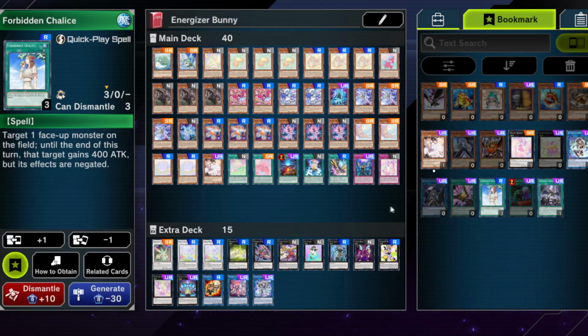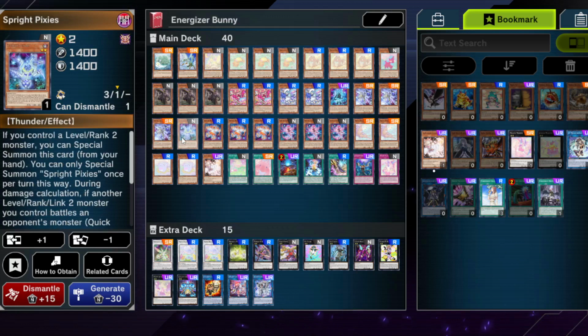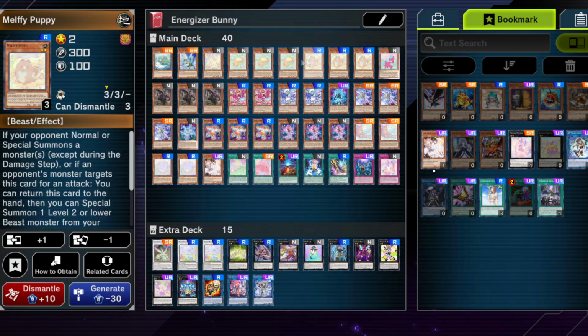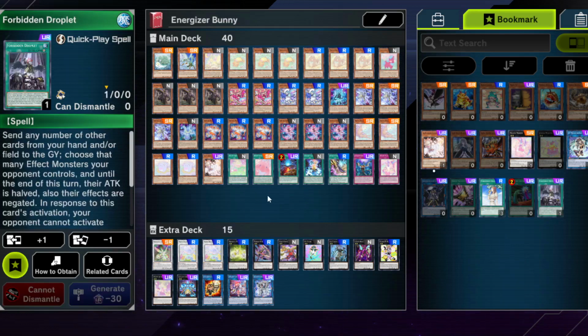Budget hand traps, if you want to be cutting some of the Melffy stuff because you feel like you break a bit on it, or want to be cutting down Kerass and stuff. If you want to run more Pixies, and then you don't need this card as a play extender, then you can cut some of the Melffys, like 1 Pinny possibly, 1 Puppy and 1 Catty if you want to, and then you can run like triple Forbidden Chalice or hand traps if you like, and Forbidden Droplet, also